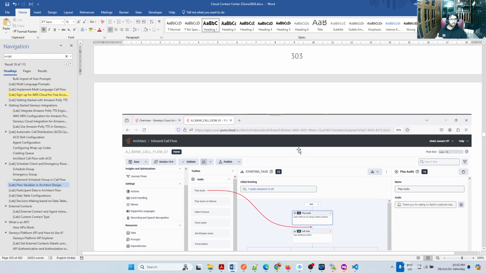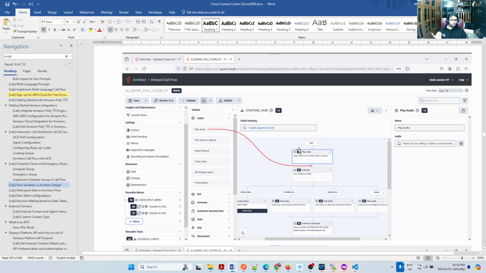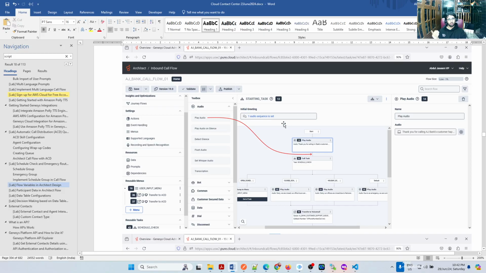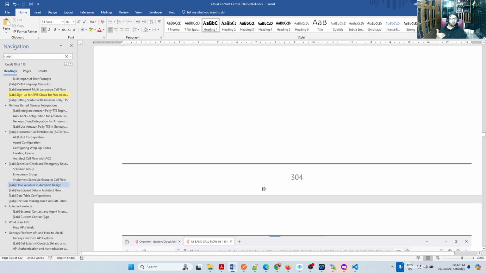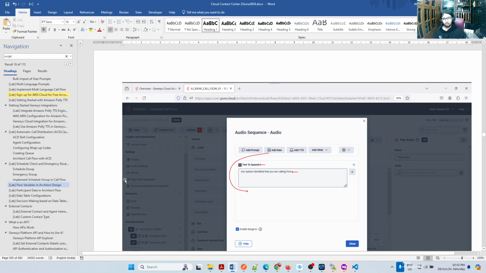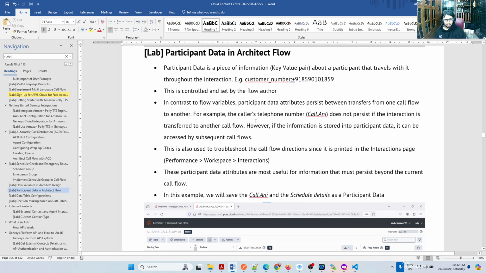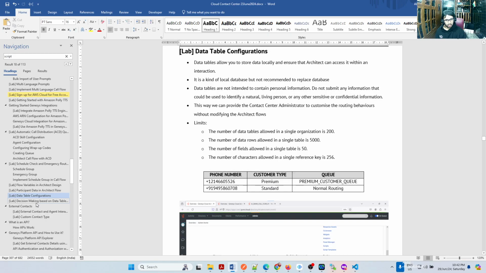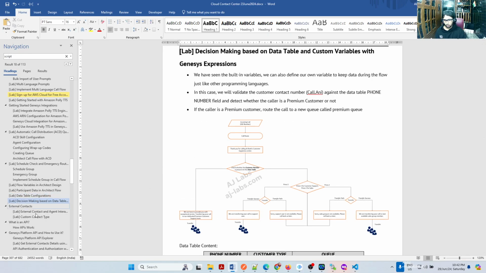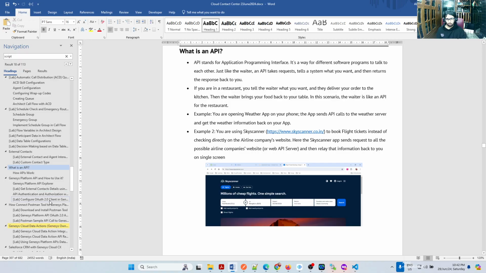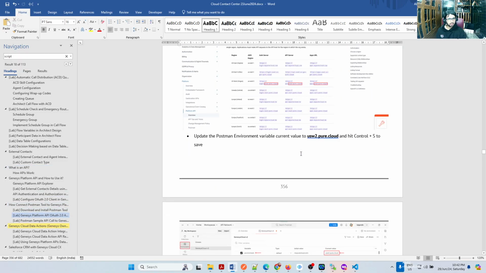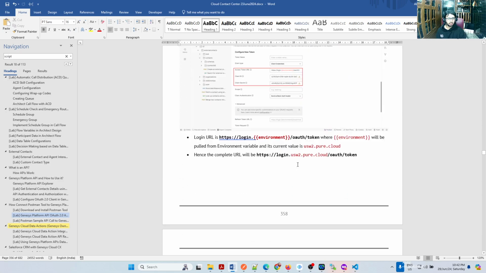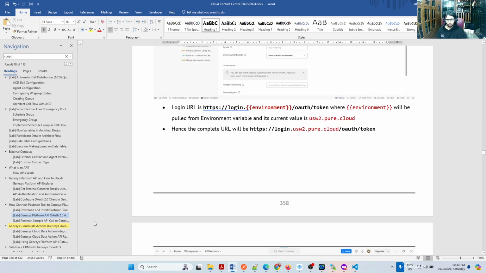By the way, even if you don't have it, I will provide lab access during the training and for 1 month after the training. But say, for example, maybe after 4 months you have an interview, you can still refer to this document. It will literally show the options we use in the flow, how you design the drag and drop flow with all highlights, then the participant data action flow and the data table configuration flow. What else? Where is API? Starting from API, how you can configure Postman, send queries to Genesys, get the responses, and implement those responses in your flows.